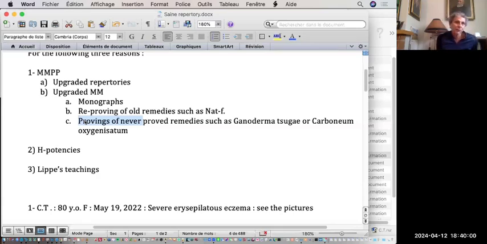Because the more, like in 2024, 2025, in the next year, we intend to prove maybe 6 or 7 mushrooms, medicinal mushrooms, like Ganoderma tsugae, which is a reishi, which is the most used medicinal substance in traditional medicine in the world. And it's strange we didn't have it in homeopathy yet, but now we have it for good. And so we said, if the results are so good in the proving and clinically, maybe we should start to prove the other most used medicinal mushrooms.